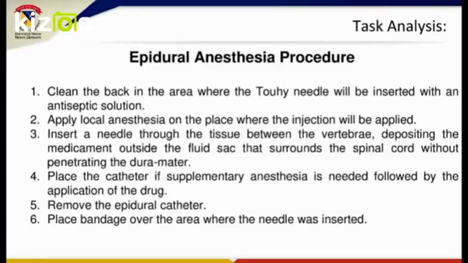So the epidural space that the user will need to reach will be between the L3 and L4, or between the L4 and L5 epidural space. So then the fourth step is the placing of the catheter if a supplementary anesthesia is needed, followed by the application of the drug. The fifth step is to remove the epidural catheter when the procedure is done,